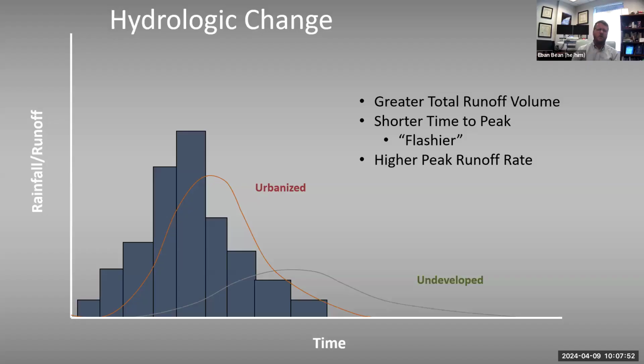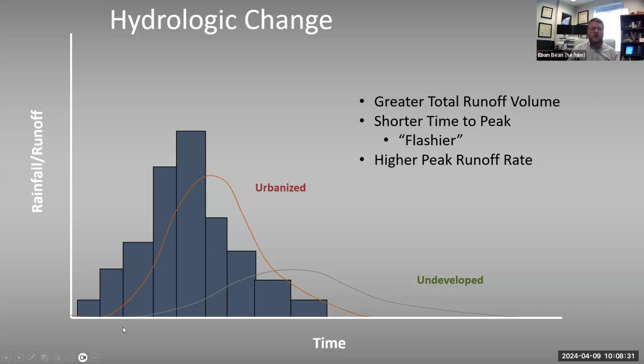And so if we take a look at what the effect is on individual storm events, we can see that there are some fairly complex changes that occur in the rainfall runoff response when we increase the imperviousness. So a few things to look at here. First, this graph shows our rainfall and runoff on the vertical axis, and this is over time. So these blue bars represent the amount of rain that happens in a certain time increment, let's say 5-10 minutes. All right, so it starts out very light, gets heavier and heavier, gets to peak intensity, and then it tapers off